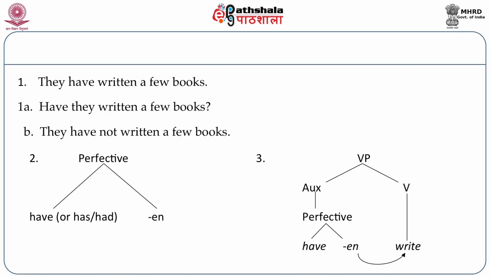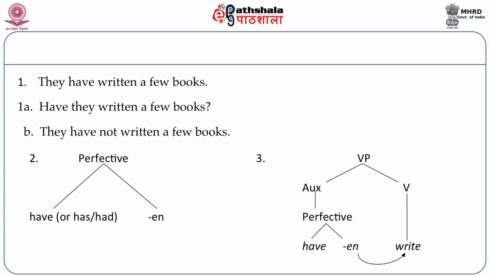And then look at how perfective is divided. Perfective is not just have. Like we know that when we say they have written a few books, one change that we make when we add a perfective marker is that we use have or has or had, plus we use the participle form of the verb. For example, write becomes written,